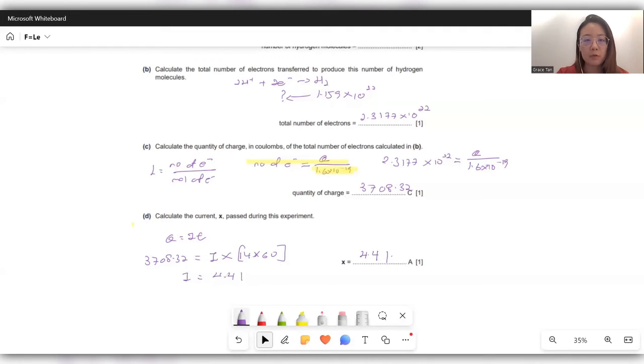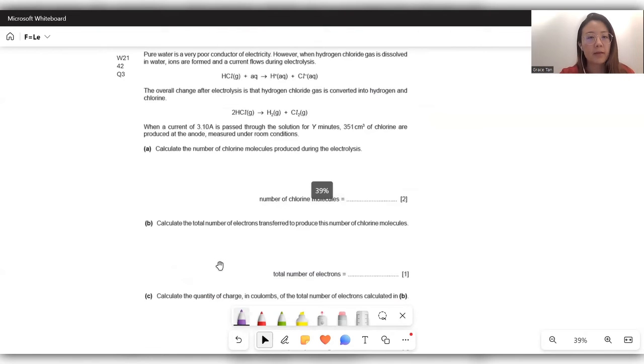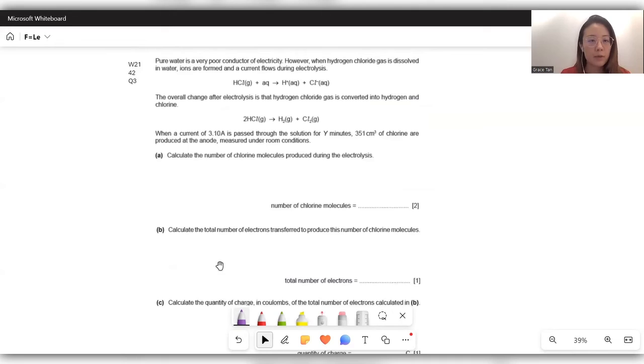Right, so we move to the fourth example. Let's look at Winter 2142, question 3. Pure water is a very poor conductor of electricity. However, when hydrogen chloride is dissolved in water, ions are formed and a current flows during electrolysis. The overall change after electrolysis is that hydrogen chloride gas is converted into hydrogen and chlorine. When a current of 3.1 ampere is passed through the solution for Y minutes, 351 centimeter cube of chlorine are